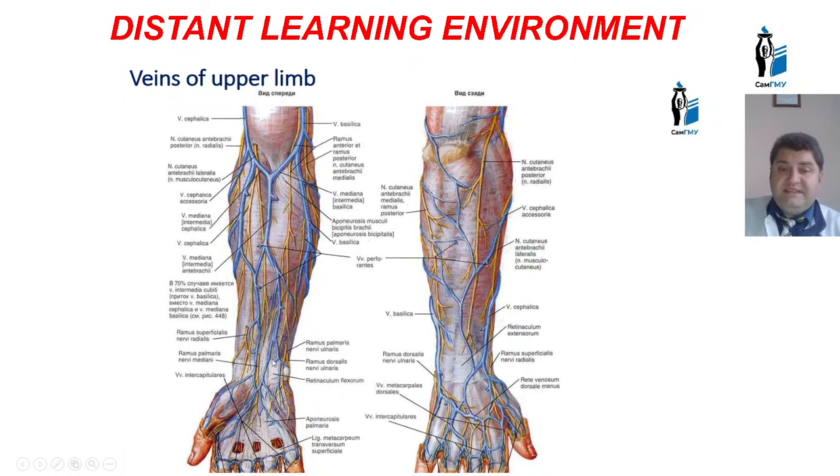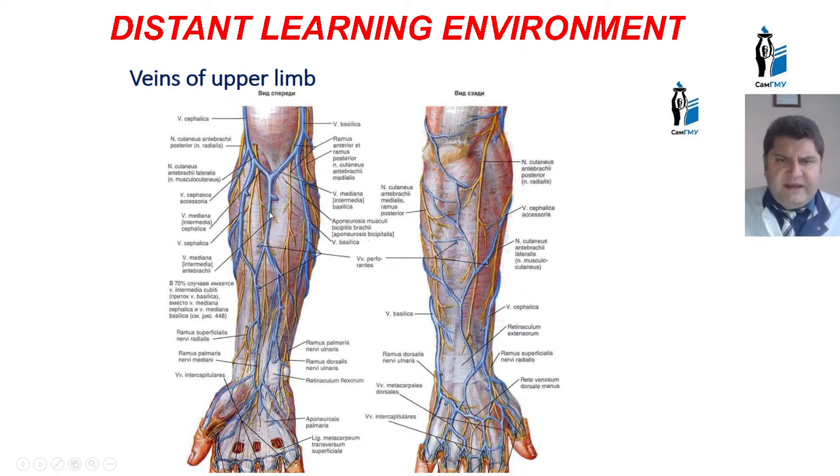And also you may see a lot of different unconstant veins, which form anastomoses between each other, and the venous plexus. And now you may see this plexus at the anterior side of the forearm, at the posterior side of the forearm, and also